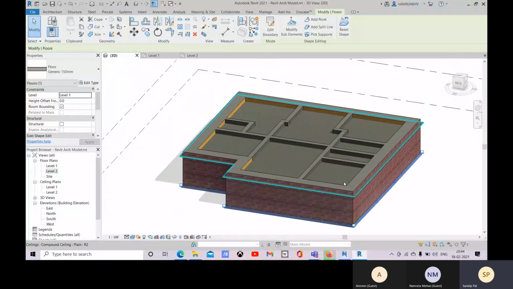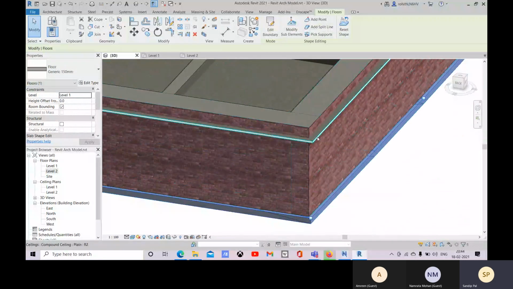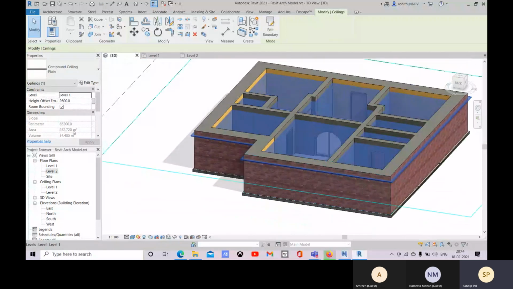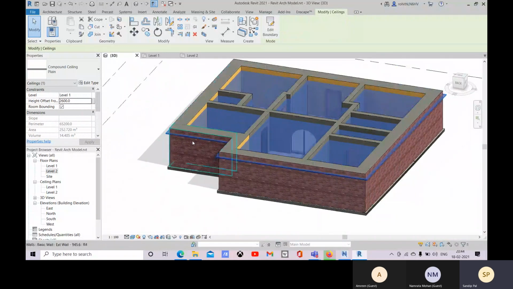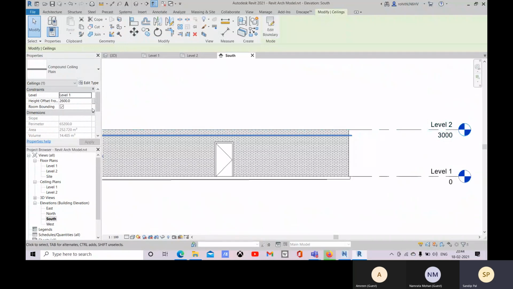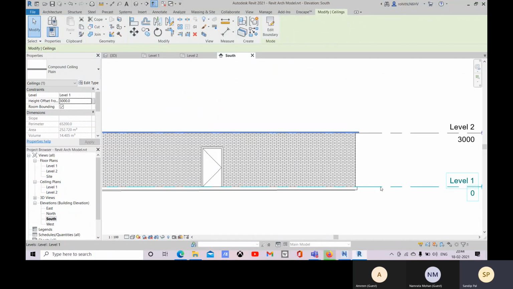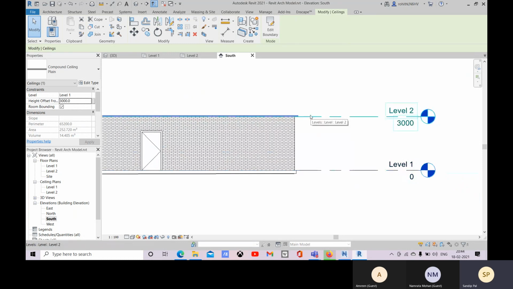Now go to 3D. There you see, this is right now your ceiling. That is the height offset from level 1, right? So what will be the height offset according to level 2? That is 3000. This will be the height offset, 3000, from this level 1.